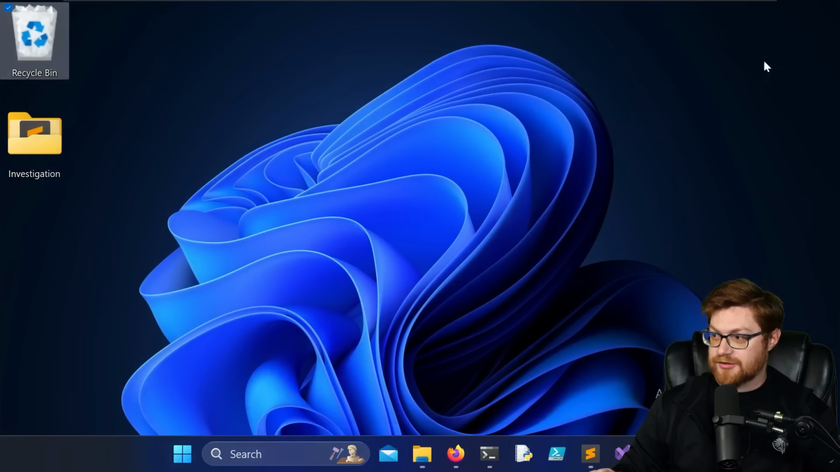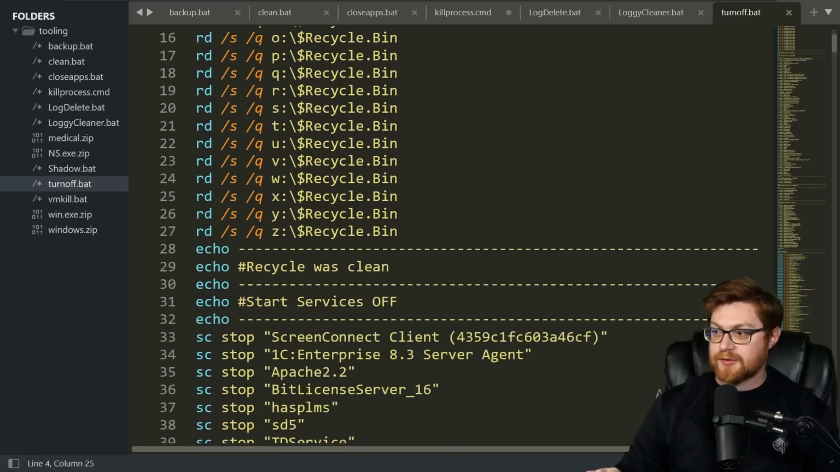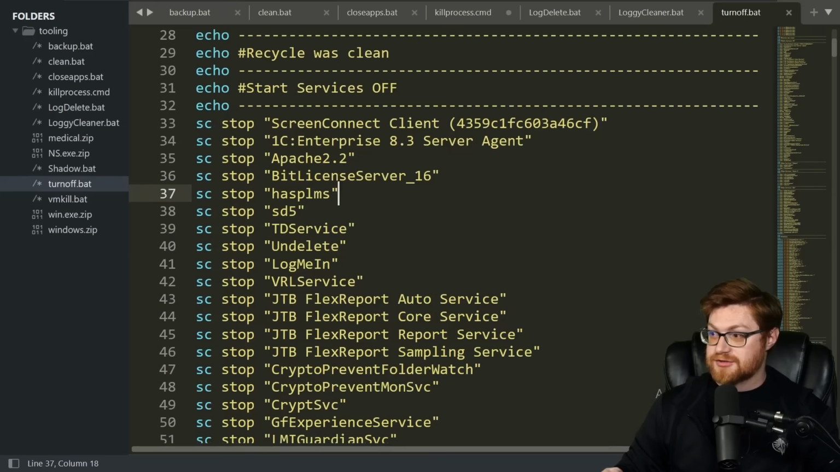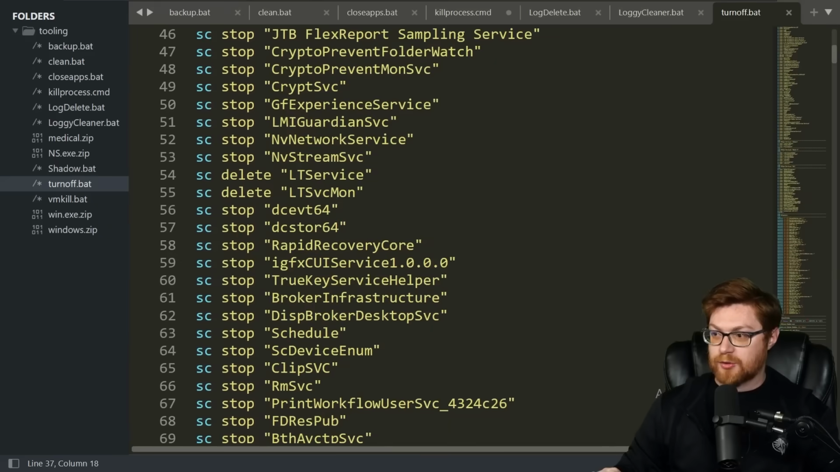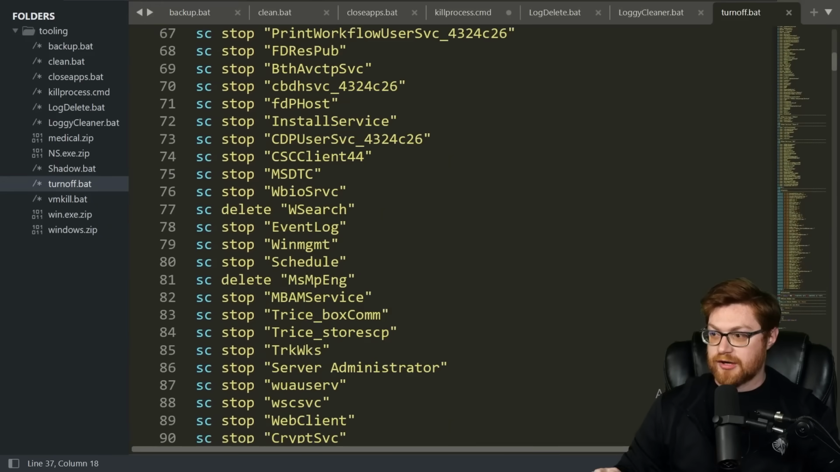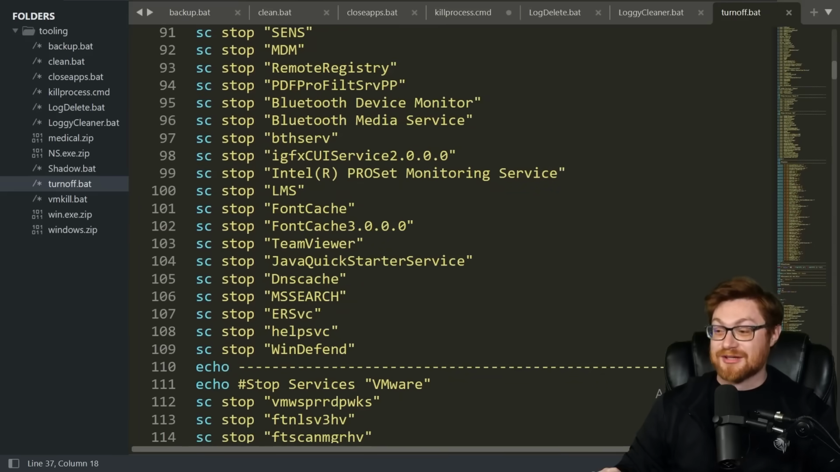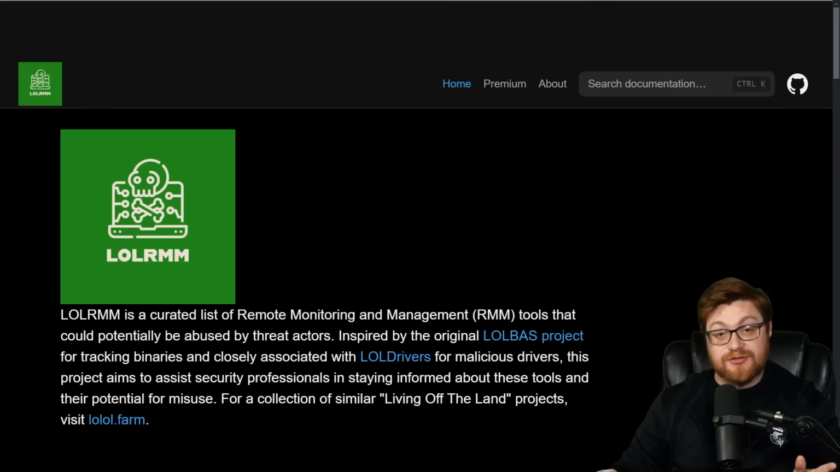Sorry, I spent way too long talking about the trash can on your computer and the Windows recycle bin. Anyway, start service off is actually trying to stop ScreenConnect. Ooh, other remote control capabilities, right? Apache 2, enterprise stuff, TD service, undelete, LogMeIn. A lot of these are remote monitoring and management or remote control pieces of software. Another sweet resource for you as we are scrolling through just the laundry list of services that it tries to stop. Wow. Look, another resource for you,